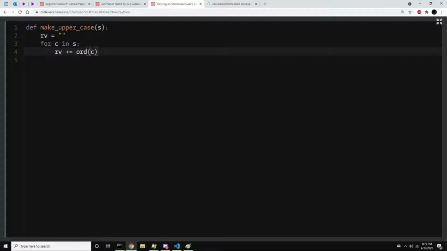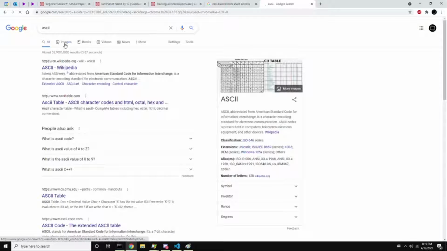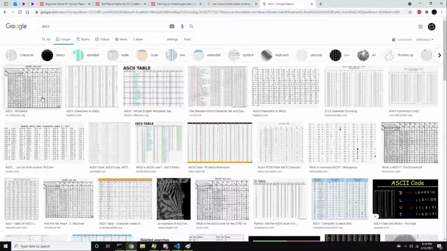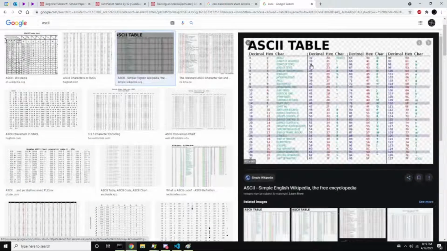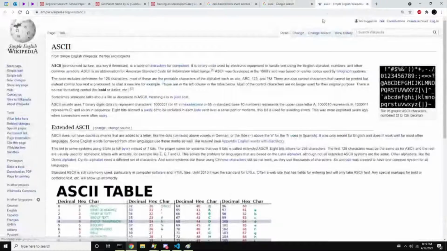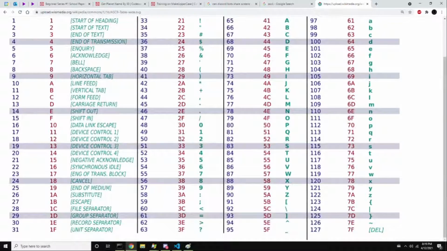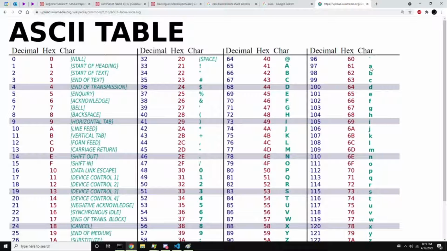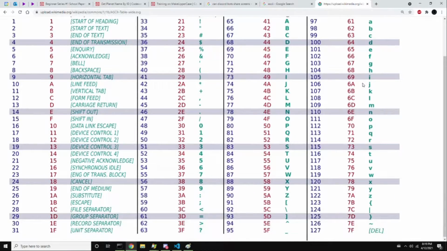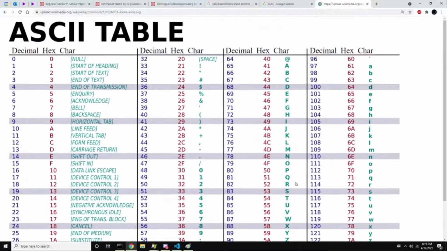But then we have to... It gets the ASCII code. So for those of you who don't know, ASCII is what all numbers and letters are represented as internally in your computer. So if we actually take a look at a good ASCII table right now, we can see that lowercase characters, when represented by computers, are represented above the uppercase characters by about, I believe it is, I want to say they're 35 off. You just have to do